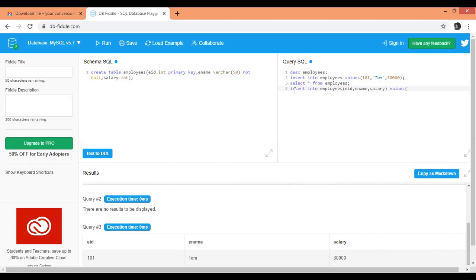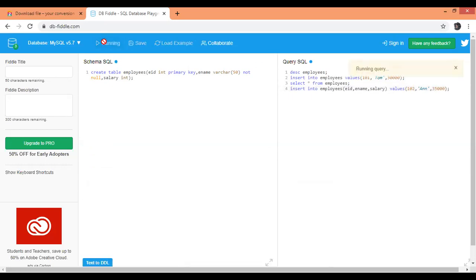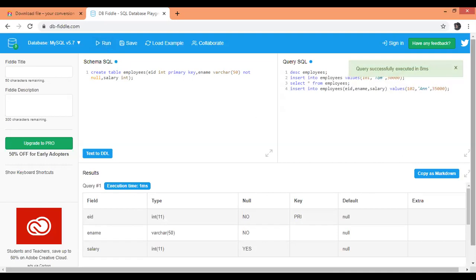Values: EID will be 102, name maybe Ann, salary 25,000. Again I'll run it. Then again the query executed.